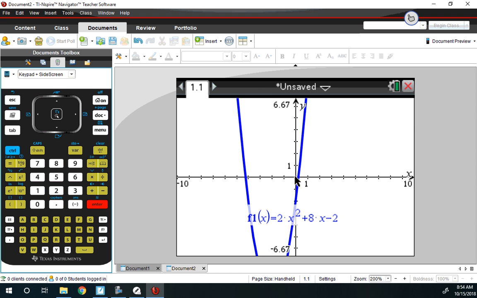Okay, so my vertex is lower than my graph shows. Does anybody have any idea how we could accommodate for that? How we could make the calculator show us the vertex? If I were walking in the room, I might walk toward the end opposite from the doors. If I do that, where am I going? I'm walking toward the